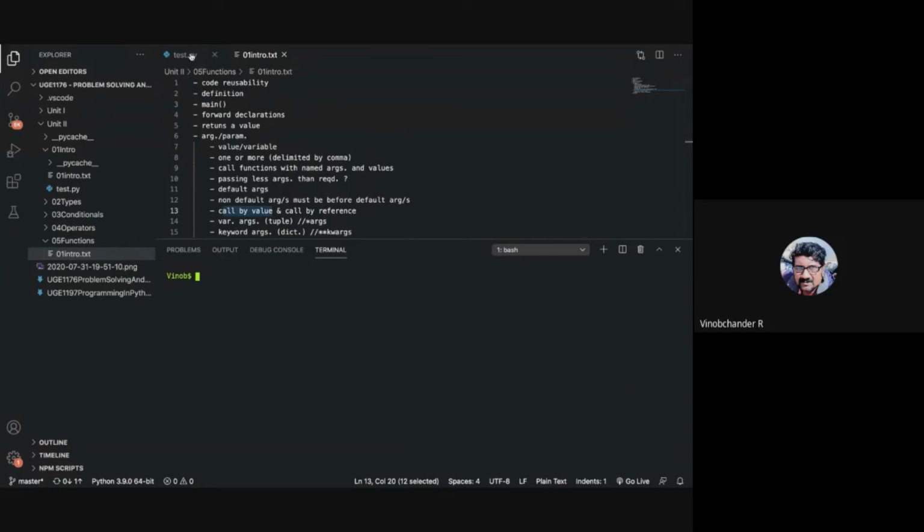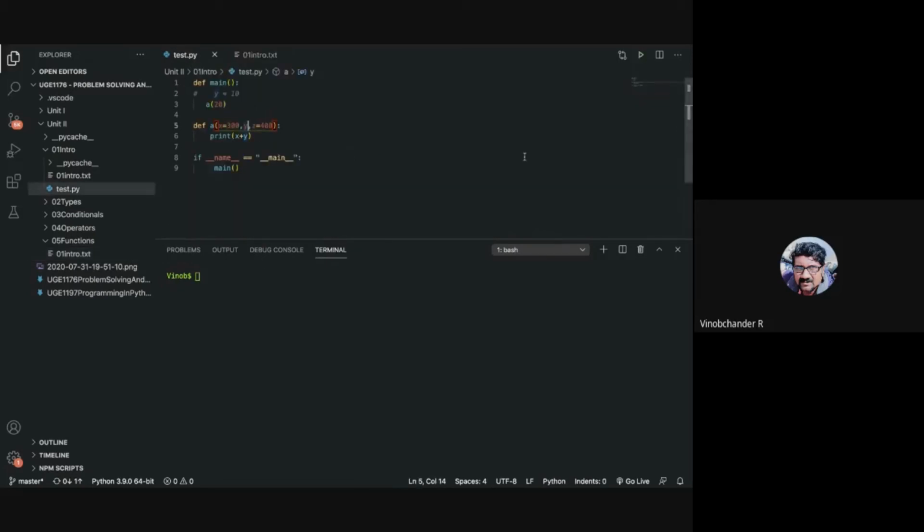So let us understand with an example how call by value and call by reference work. Python basically supports both. Let us see an example. So I have a function A here. Let me call it with one value, 20, and let me have an X here and print X. What is the answer first of all?